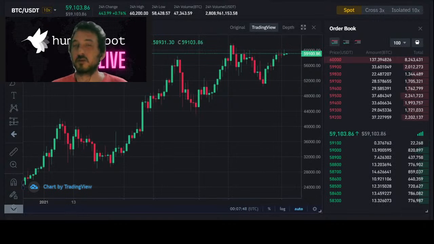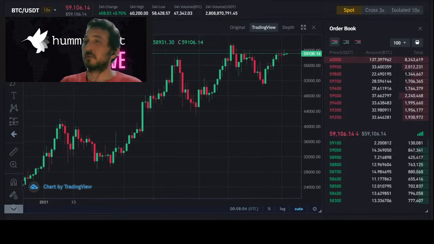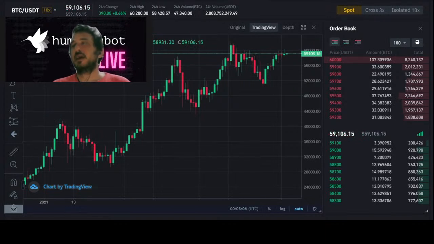So there are a lot of orders. Understanding this, it's easy to see that once the market starts to move toward the 60K price, it will find resistance. There are a lot of people selling at that price, and you can't see this on automated market making